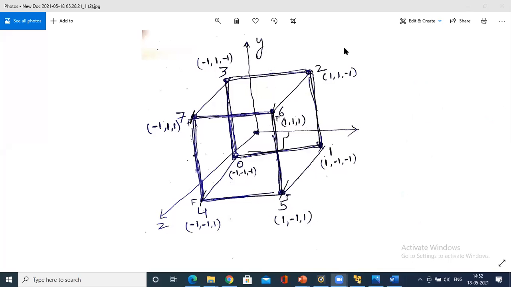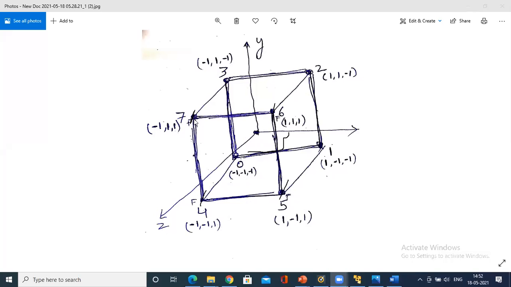Now what we do is plot. Analyze these vertices. All the back faces have z-axis -1, and all the front faces have z-axis +1. You have 8 vertices in all. Here the x-axis is -1, +1. Analyze this, all of you.